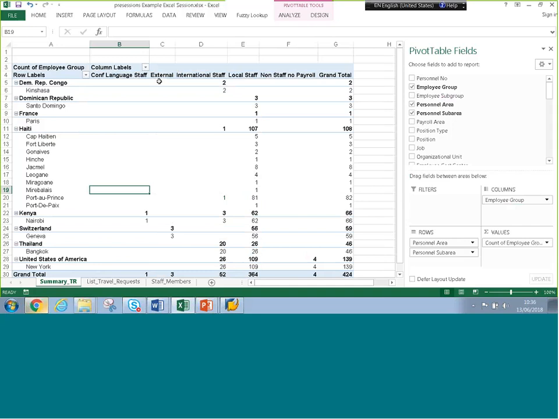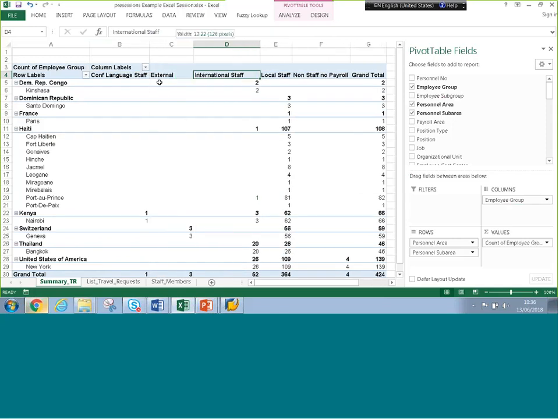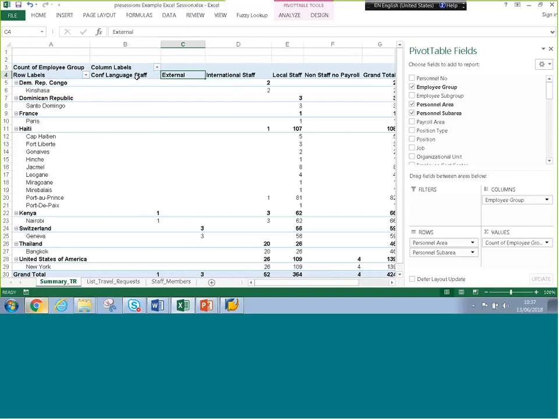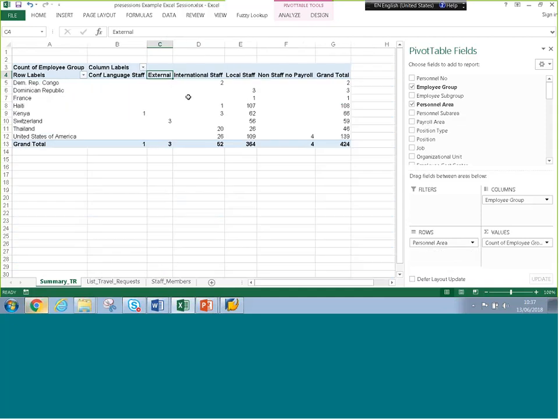And now we can see international staff in column D, external staff in column C, and conference language staff in column B, right? So let's remove this sub-area to make it a little bit smaller, and we can see now that the 424